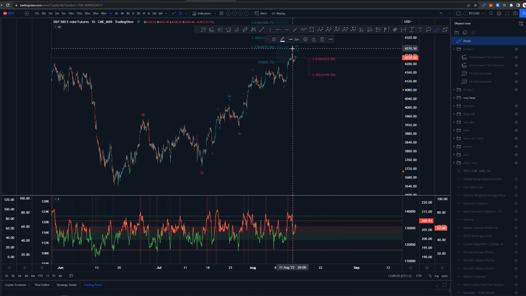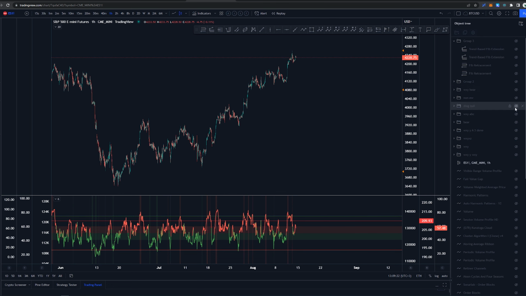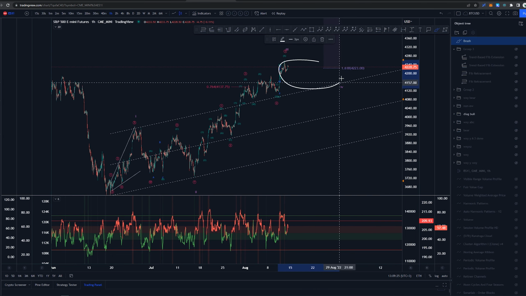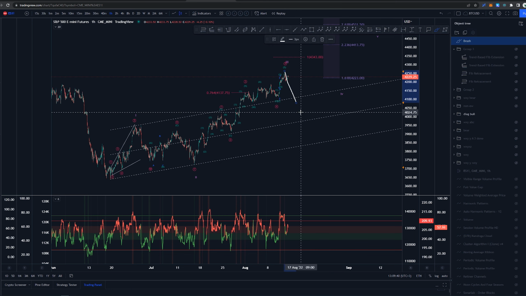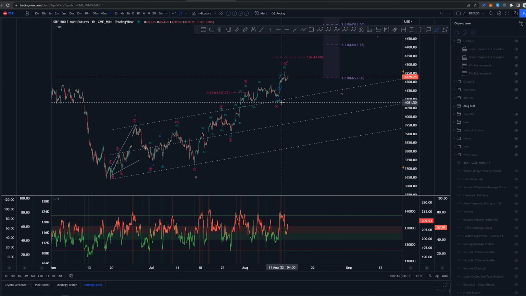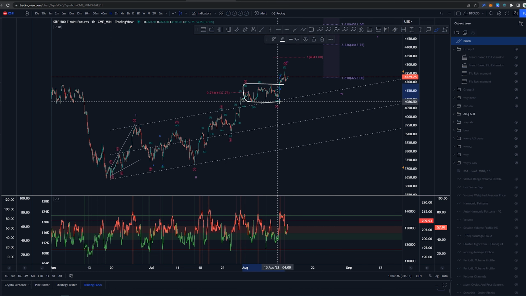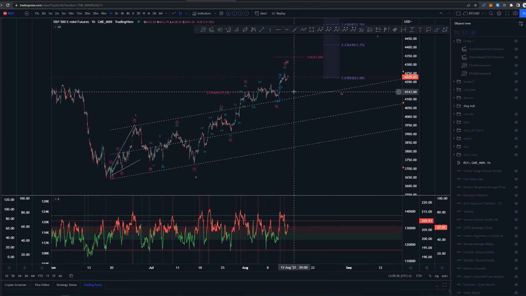Currently on both we would be looking for some kind of pullback here. On the bullish scenario, I think we would need to get a larger wave 4 here, which would be a bit more comparable to this wave 2 here. It is possible that since this wave 2 was very sideways, this wave 4 here would be very swift and coming back generally to the previous wave 4 area, which would be around this area, starting from around 4180 to 4085.